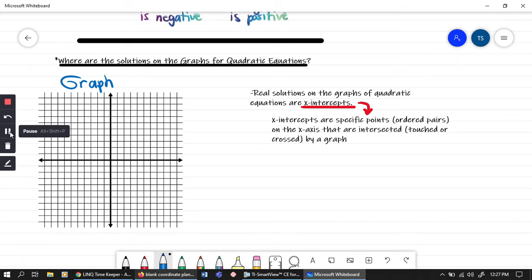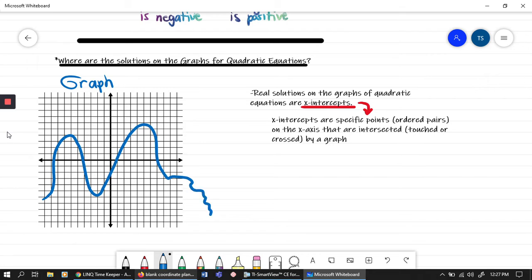So let's look at what it looks like when we're identifying x-intercepts on a graph. So here, I'm just going to put a random graph here, and this is not even the graph of a quadratic, but I'm going to do this in blue. I'm just going to put some random graph here on this coordinate plane. You see that? I'm even going off the coordinate plane. Alright,